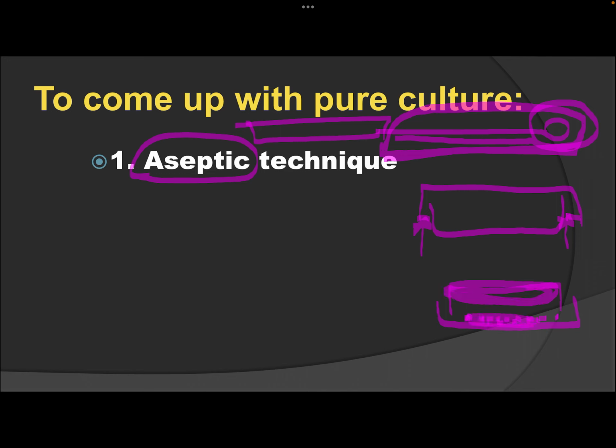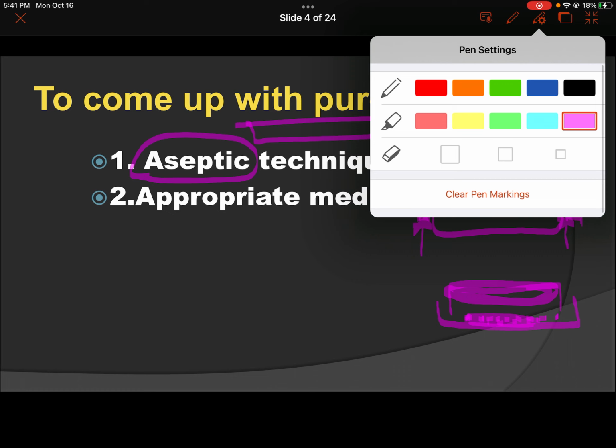Because this moisture can contribute to the presence of microorganisms. So that is also one aseptic technique that you practiced last time. Another thing, when working on the benches, it's necessary that you disinfect before and after you culture, just to eliminate all the normal flora, all the microorganisms present on the bench top. Those are just examples again of aseptic technique, and those are necessary for us in order